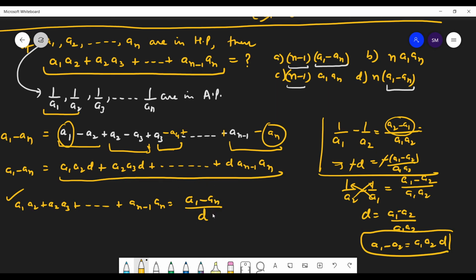Now you don't need d. You are getting one of these options. These options are favorable. But still you can't say anything. What is d equal to? Again putting this value back, d equals a2 minus a1 upon